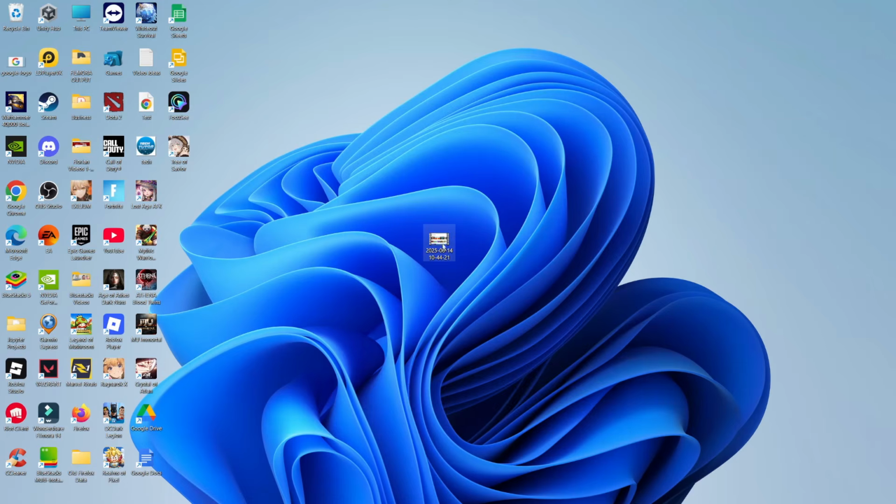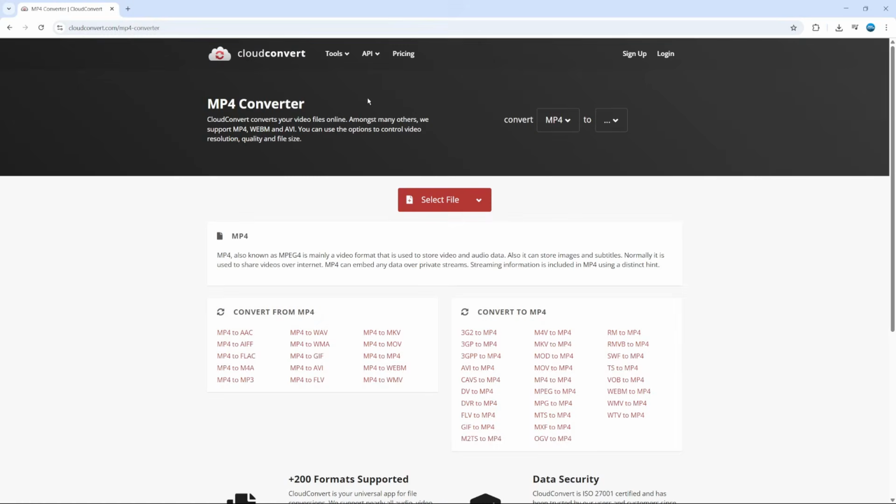In this example today, you can see I've got this video file that I want to convert. This is an MKV file, but this works for any type of video file, whether that's a .mov file or whatever kind of file your video file is. Now, in order to do this, we're going to be using a website called Cloud Convert. This is completely free to use, you don't have to pay anything, and the website address is